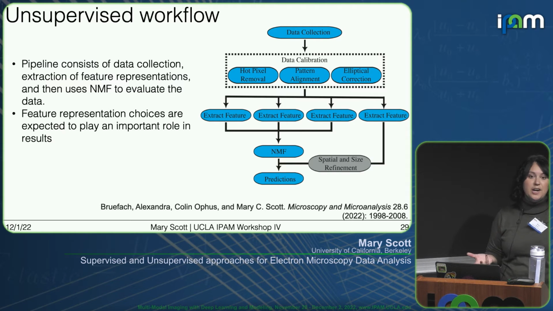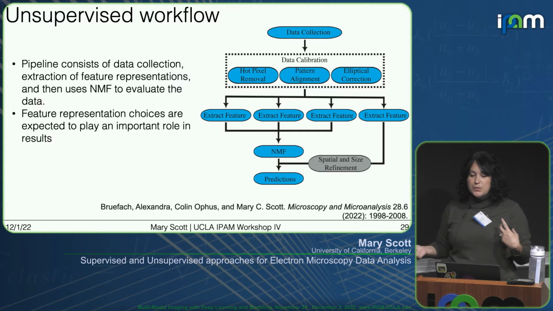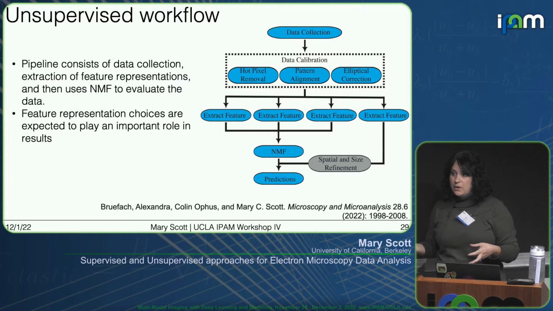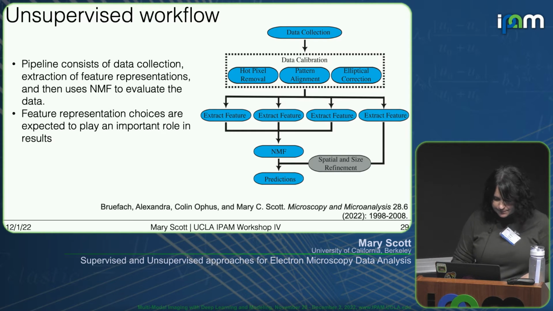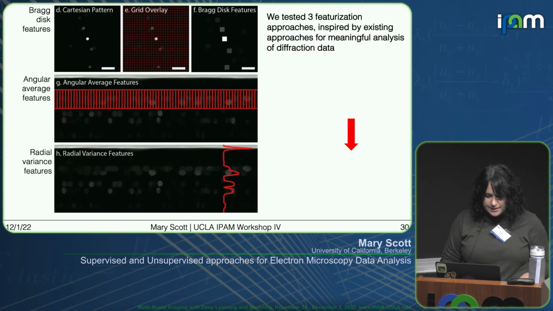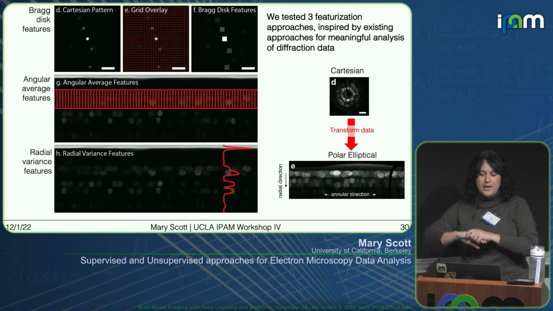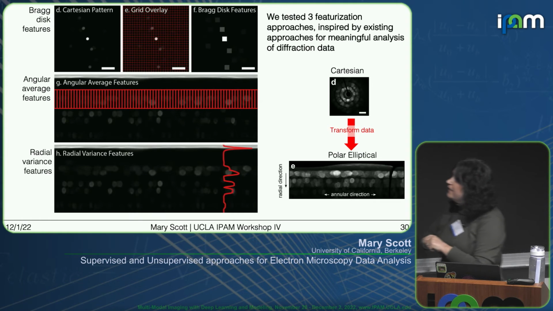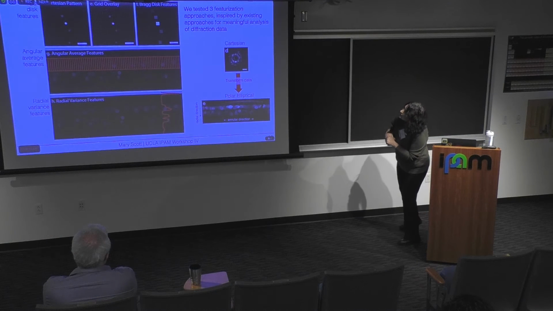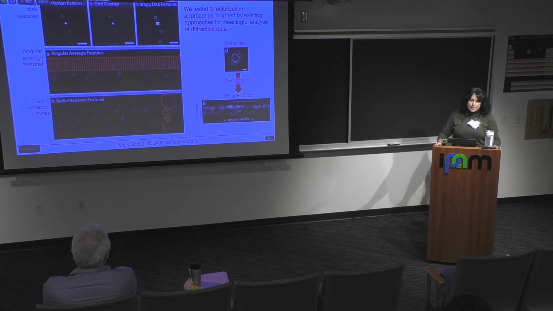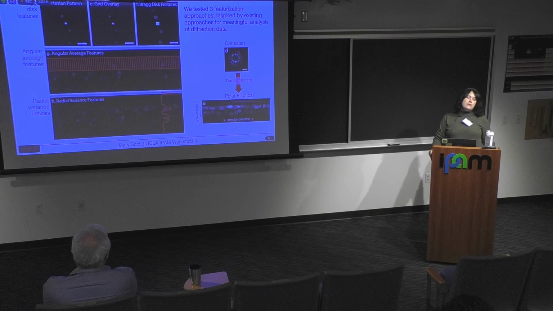But the takeaway here is that we expect the feature representation choices to play an important role in our results. Okay, this is a complicated slide, so I'm going to talk through it, and I apologize. You can see the very top there. So we tested 3 featureization approaches, and if these seem like out of the blue choices to